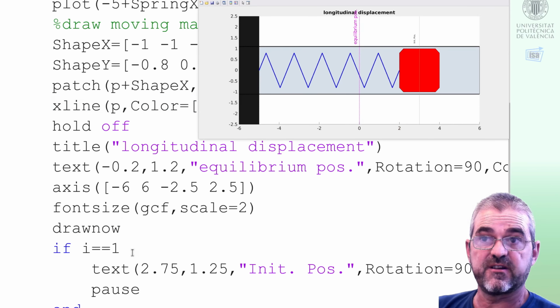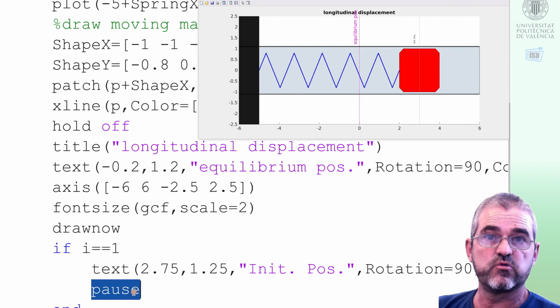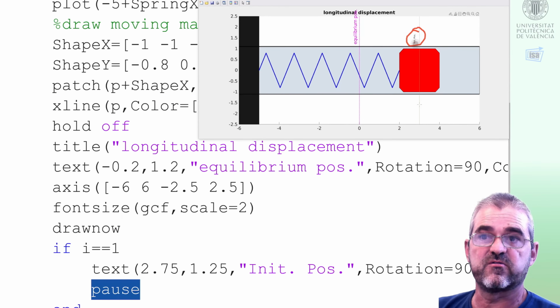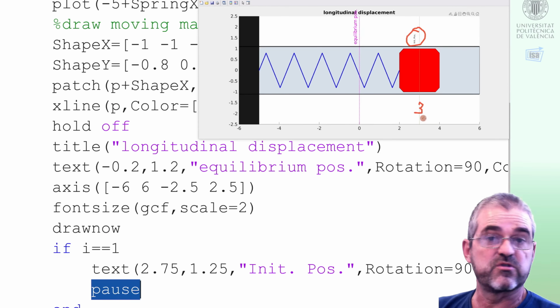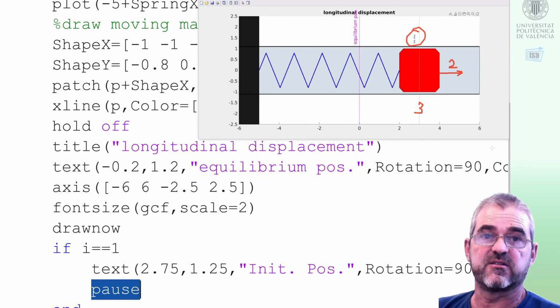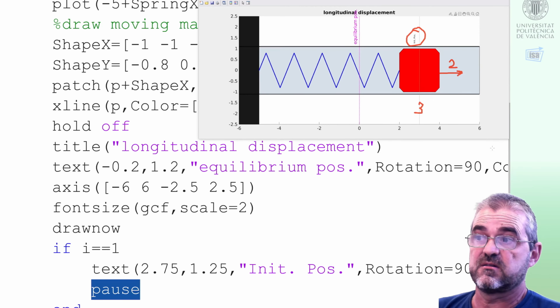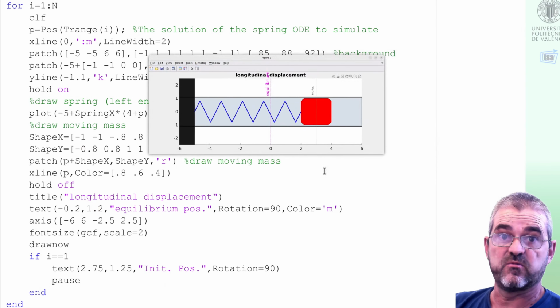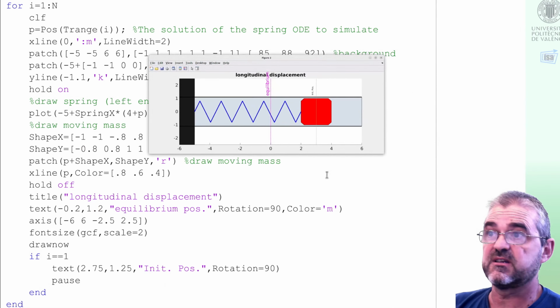And in the first frame, we do pause to freeze this thing at the initial position, which is of course 3, because we solved the differential equations explicitly requiring that. Of course, initial velocity will be 2 meters per second to the right. Then we ended the explanation of the whole simulation loop. You can see here, if now we press F5 and press a key,